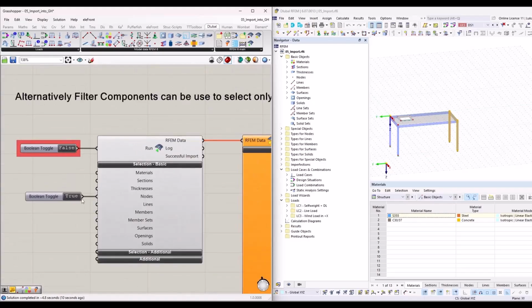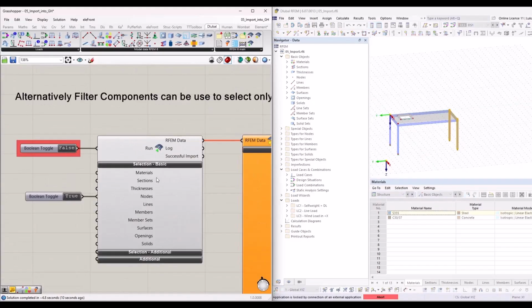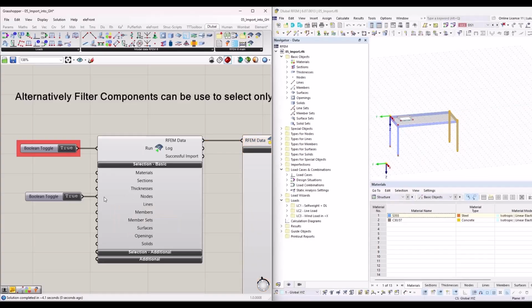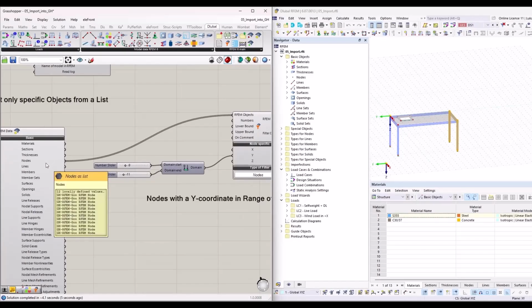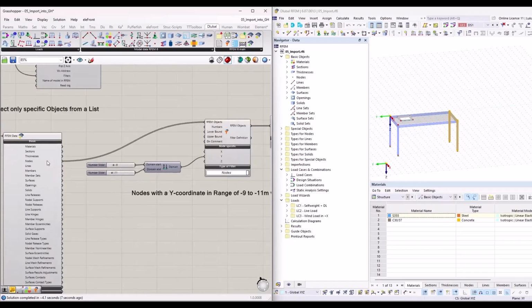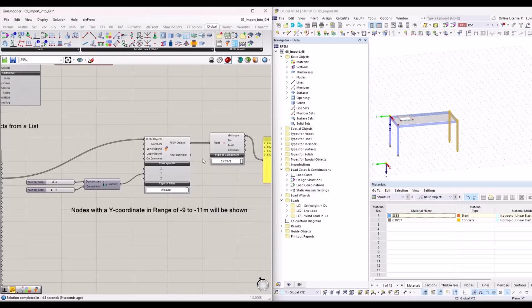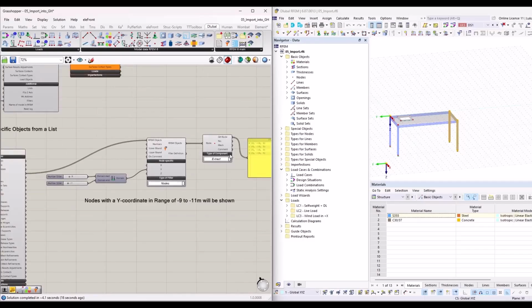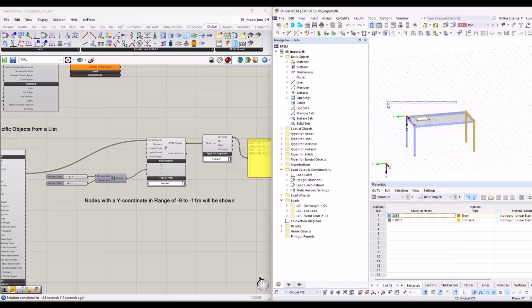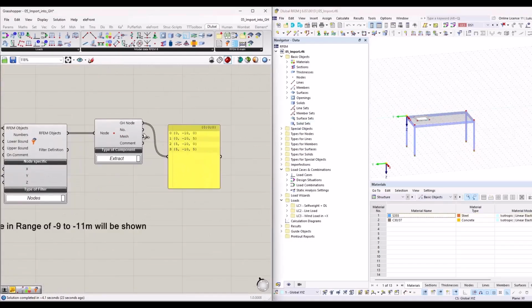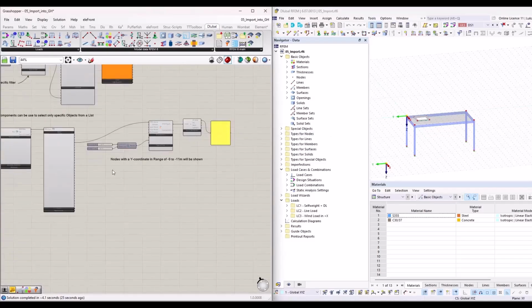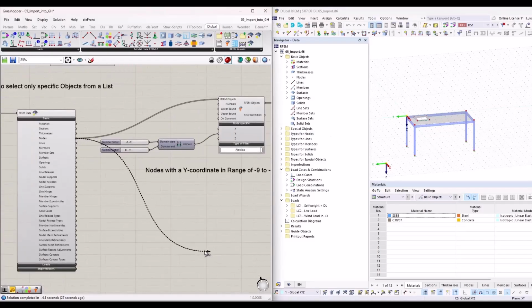So let me run the import here as well. Same example, I import all the nodes. Now really all nodes, but then I want to split up the data package for my nodes. Maybe for some reason I have a couple of branches here. I need these 4 nodes again, same ones that I used here from -9 to -11, for something else, maybe to create a surface or whatsoever. And then you could use other nodes, again with the filter component